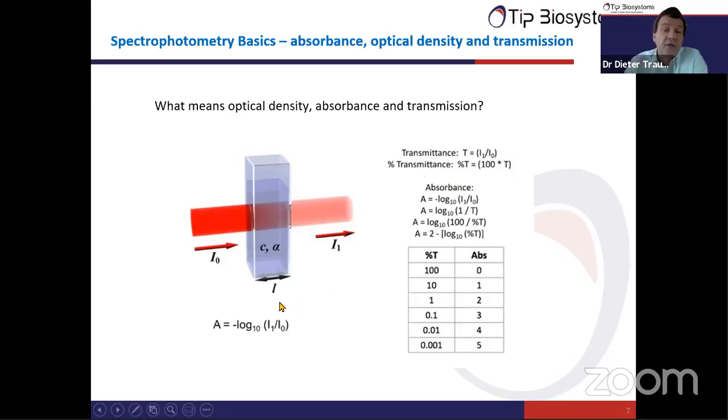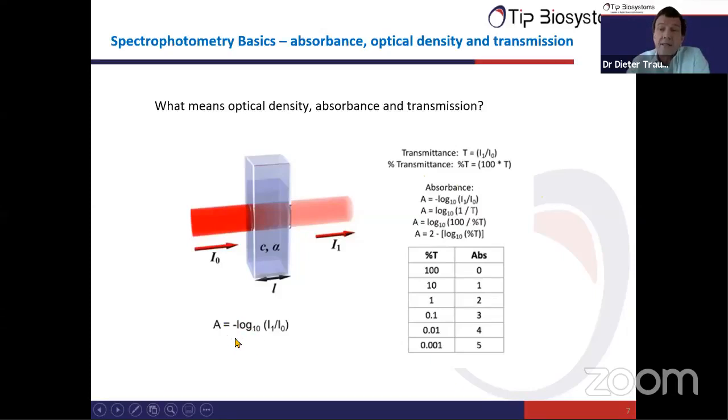And below here, you can also see the formula for A, that's our absorbance. Absorbance and optical density are basically the same. You can use both of these terms. The abbreviation for absorbance is the capital A, and optical density we call capital OD. Now the interesting thing you need to realize in spectrophotometry is that absorbance is actually a logarithmic scale. You see this here in the formula.